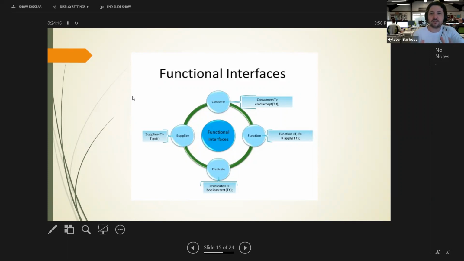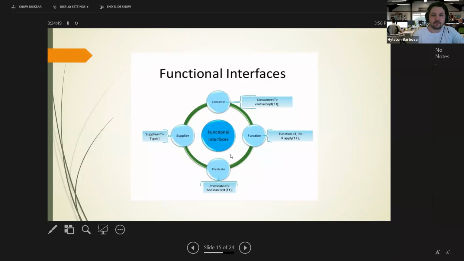If you write a piece of code that you need to reuse, the best way is using functional interfaces for that. And we have 4 different types. The first one is a function, which takes inputs and outputs. It always takes at least one input, but can be many, and will return a value. Can be an object, can be an integer, can be anything you can define